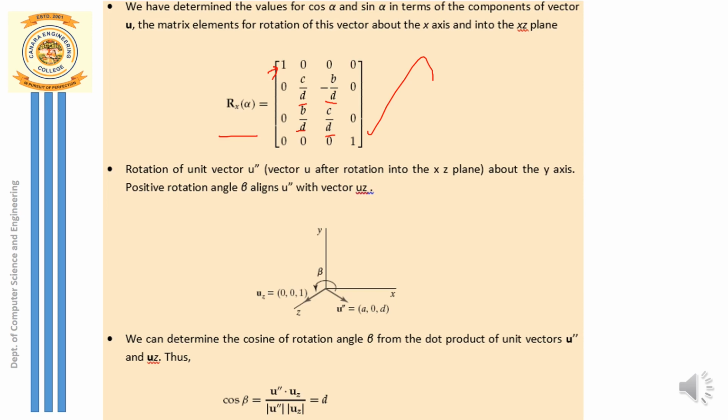Now how do I calculate Ry of alpha? For doing that, again you first have to represent the vector in a particular plane. To carry out the rotation along y-axis, which particular axis are you going to consider? It's the opposite of that. It is the xz plane you have to consider, where the rotation should be carried out. So the opposite plane of the y-axis is the xz plane. In the xz plane you consider the shadow of the vector. Which vector? U. So now the shadow I'll represent as u double dash.